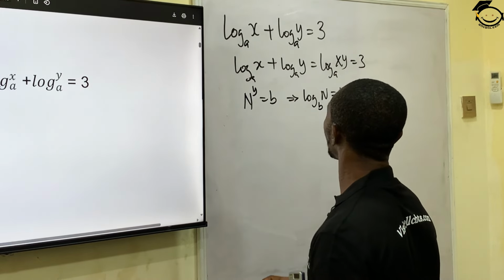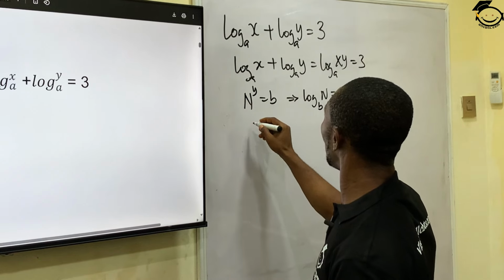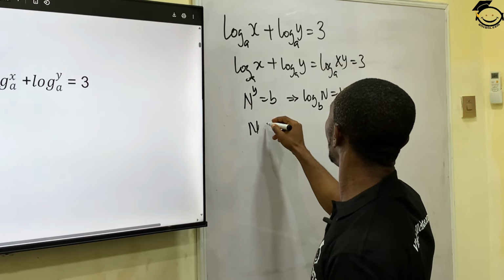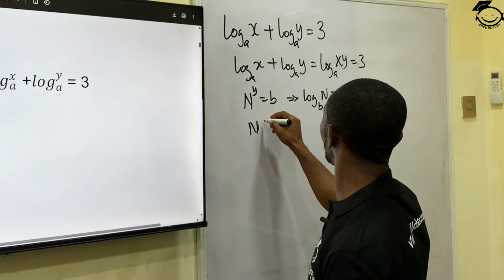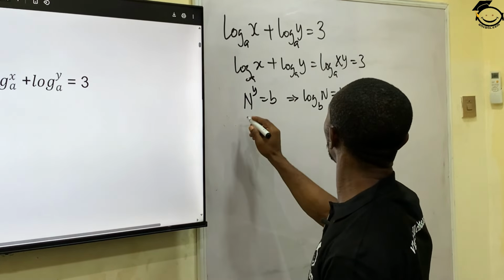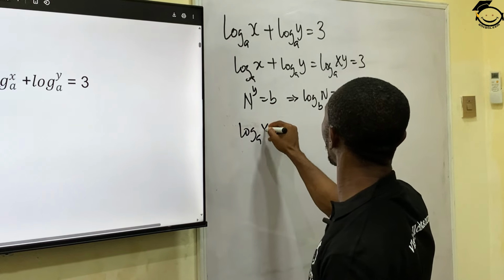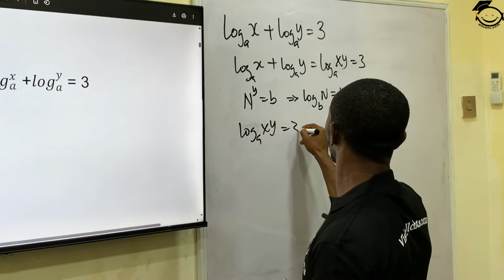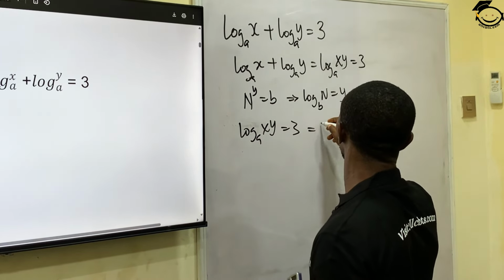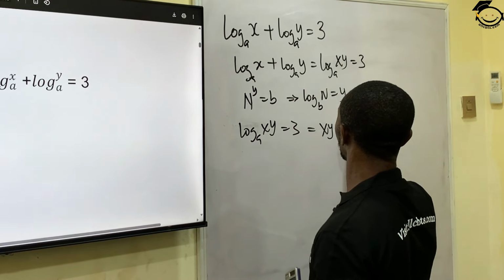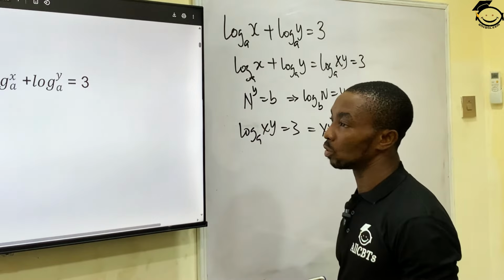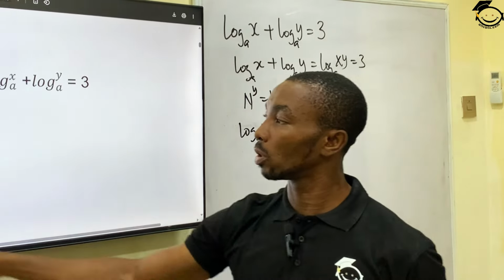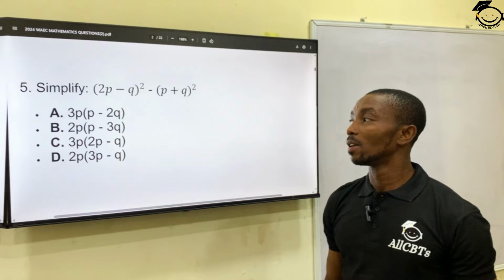So if we have this, it is going to turn around to be n equals to... this will become log a xy equals to 3. We then turn to our xy equals to 3a raised to power 3. So this will give us our option C. Simplify